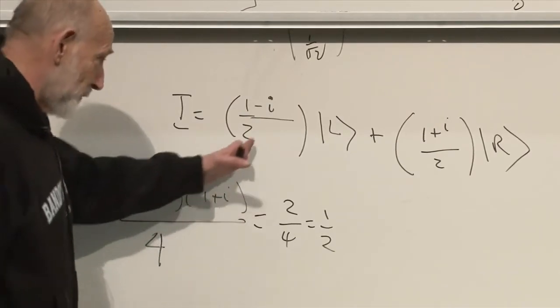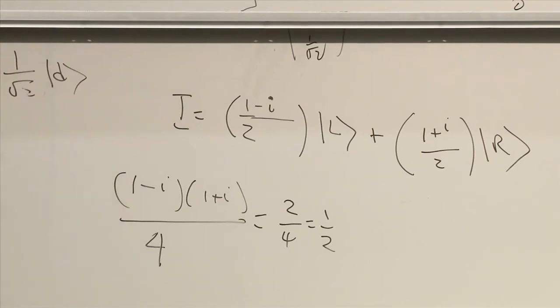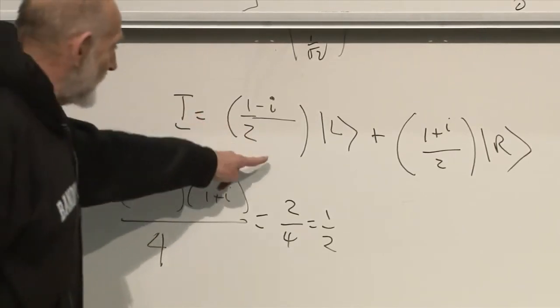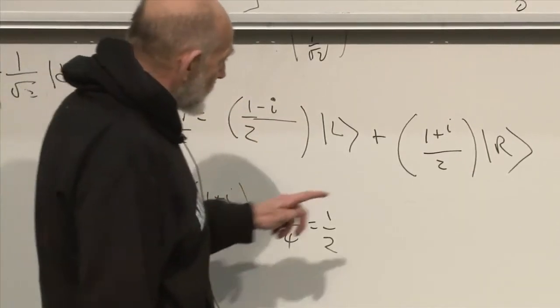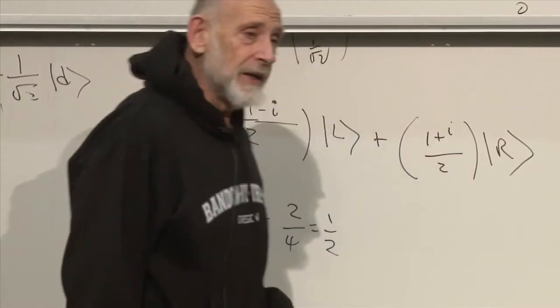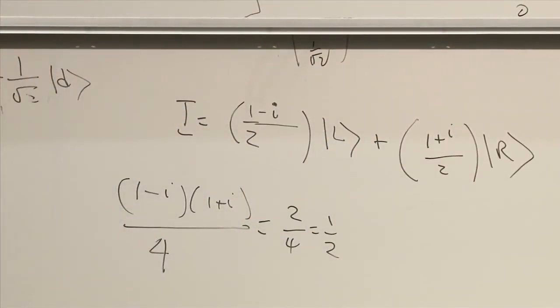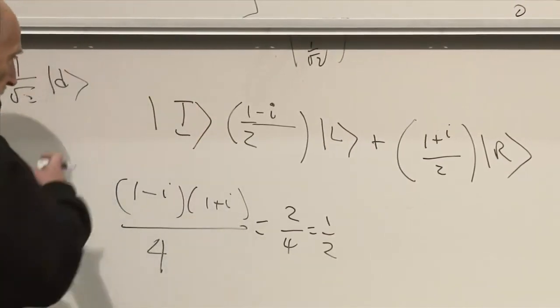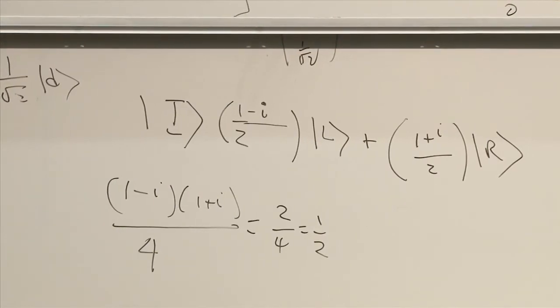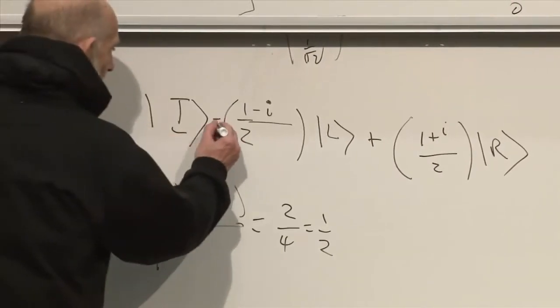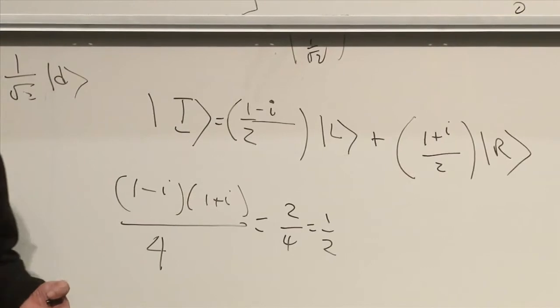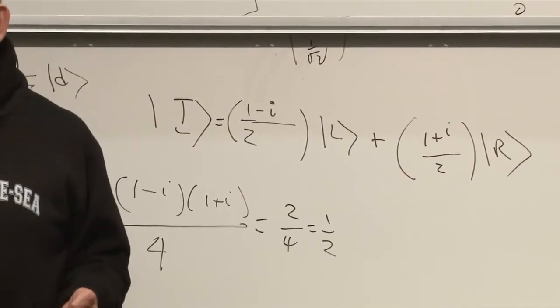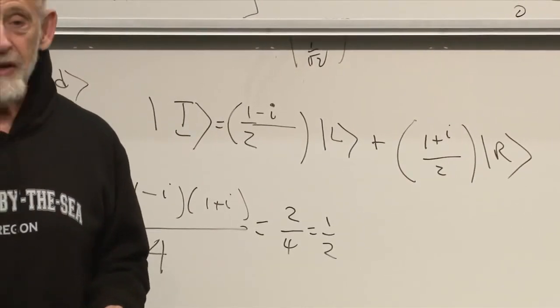It's written in a form where you don't see any explicit 1 over square root of 2, but the magnitude of this is 1 over square root of 2, and so is the magnitude of this. The implication is that if you started in the state i, and instead of measuring up or down, you measured left or right, the probability would be 1/2. All right? So we found